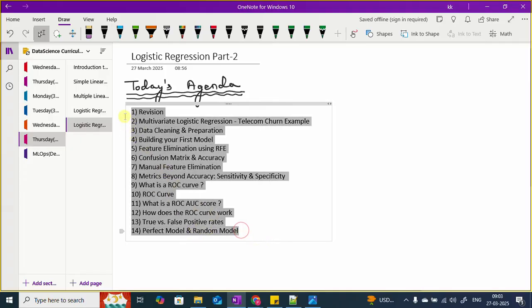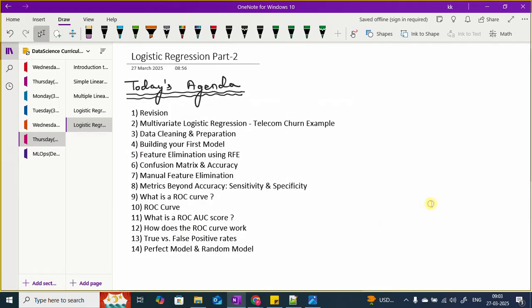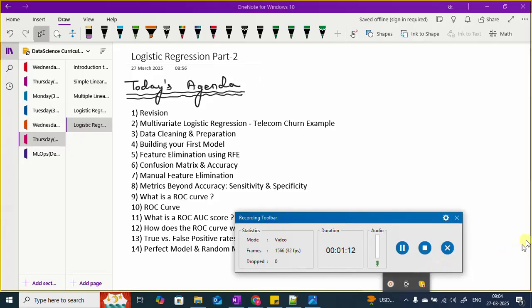I hope this is visible, right? Let me maximize more. Yeah, I hope this is okay. All set? Good. Okay,